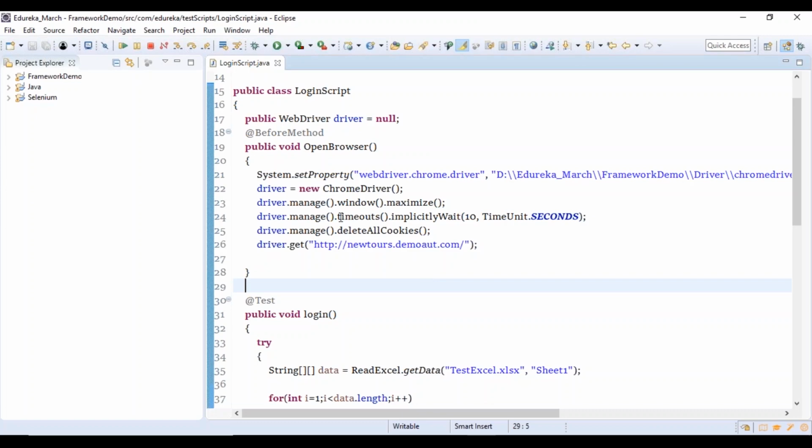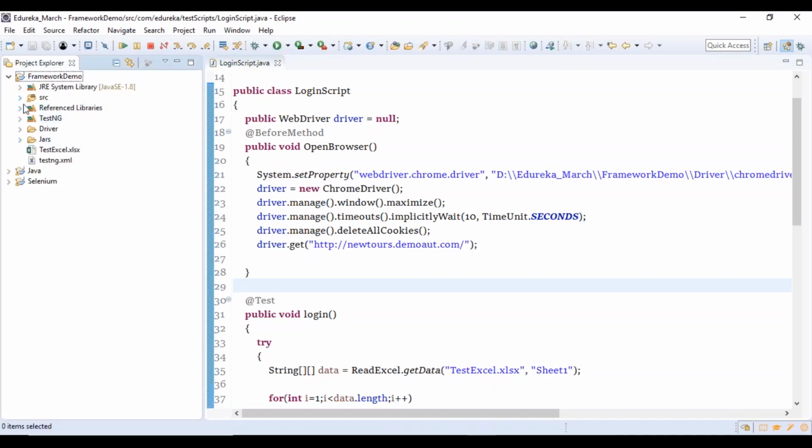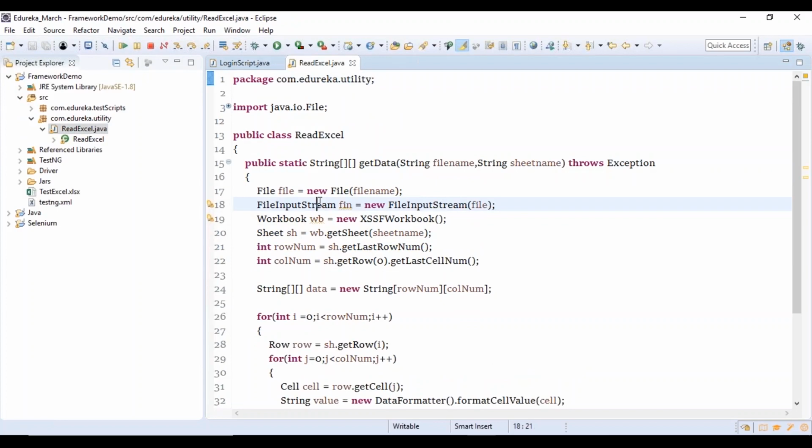The first thing that we did is we created a utility file called read Excel, which is basically used to read the data from your Excel sheet.